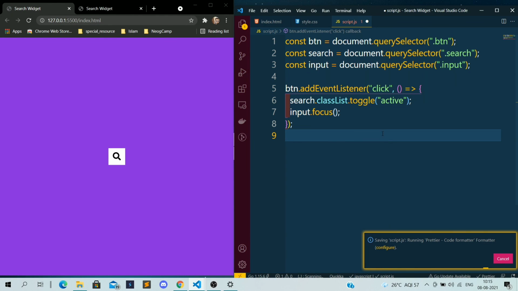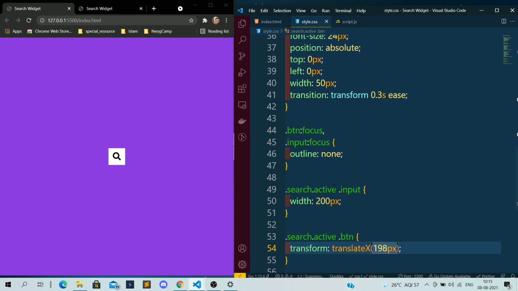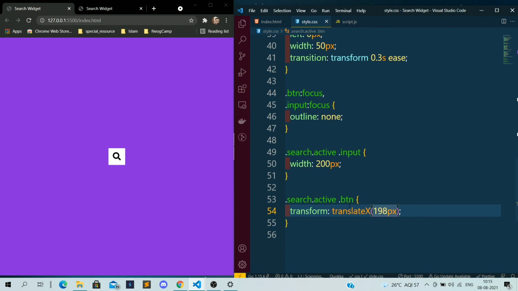So I have just taken the btn and I've added the addEventListener function. Okay, so I've added the click functionality, and inside the arrow function I've added the active class, and we have already written the active CSS for this active class. So if there is active class, the input width will increase and the btn transition should show in the x direction.